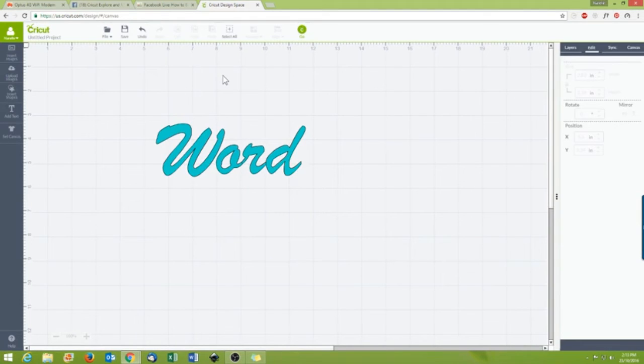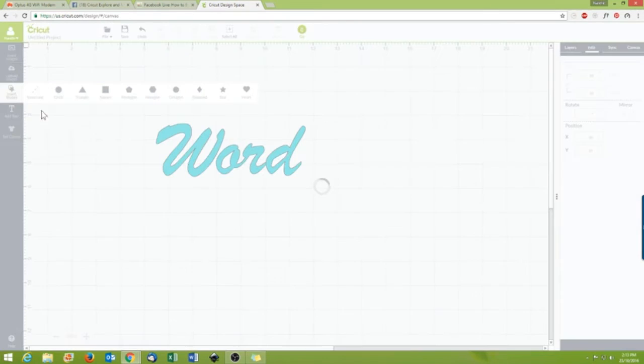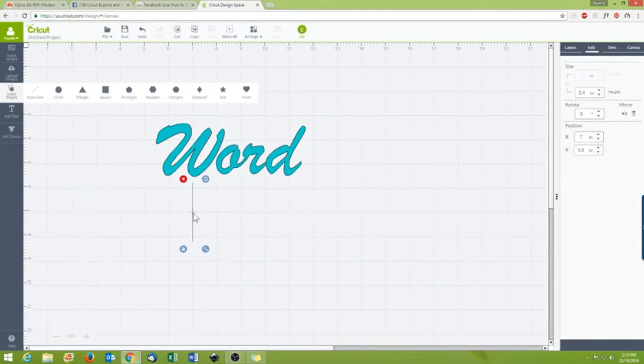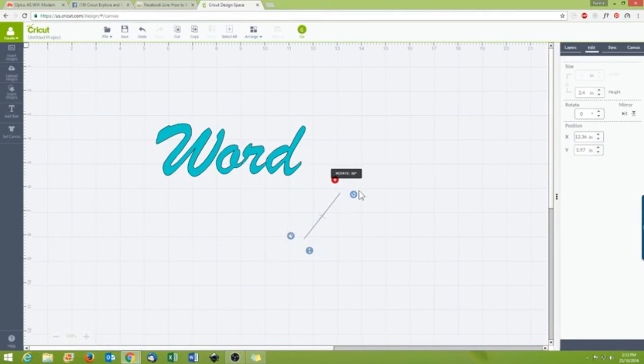So you would go to the Insert Shapes button and select Score Line, and you would place that over the existing score lines. Obviously this only works if the lines are vertical or horizontal, or whether you can get the correct angle. But basically you would place those over the existing score lines, make it the same size,